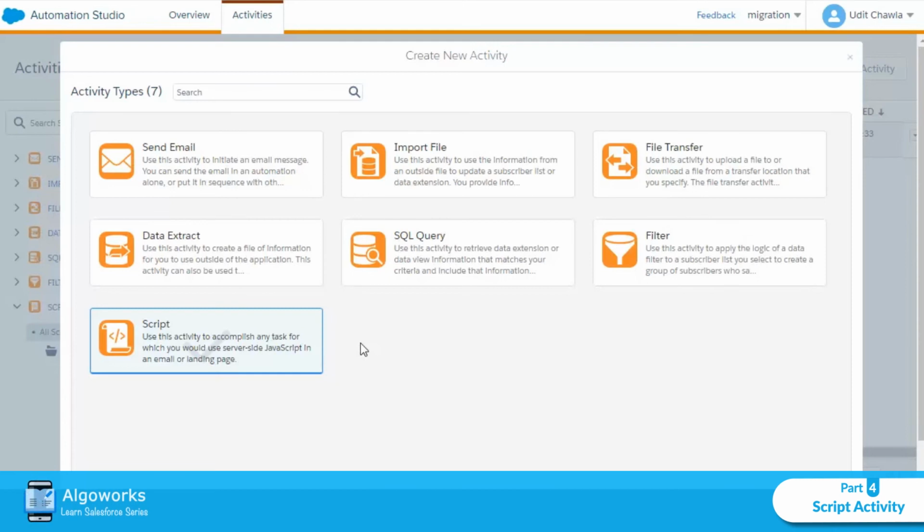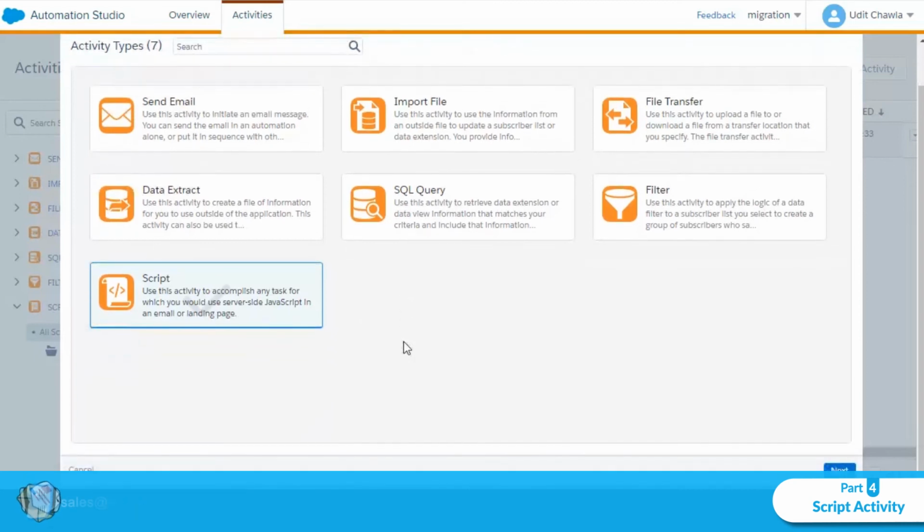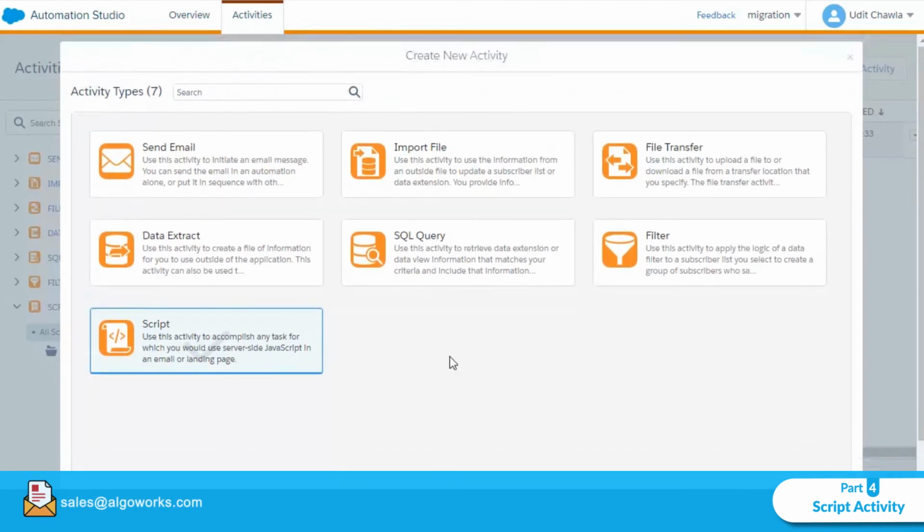Like if you have created a script to fetch the records, or to update the Salesforce Sales Cloud records on a particular action, you can just write the script and then use that script activity in the automation, save it and run the automation.